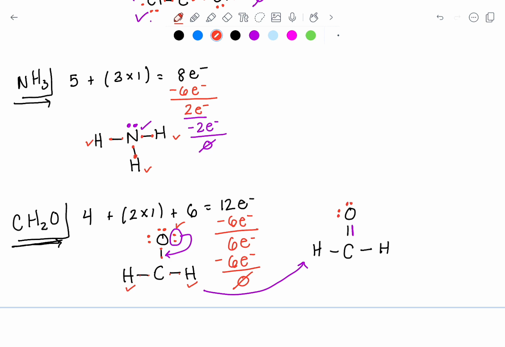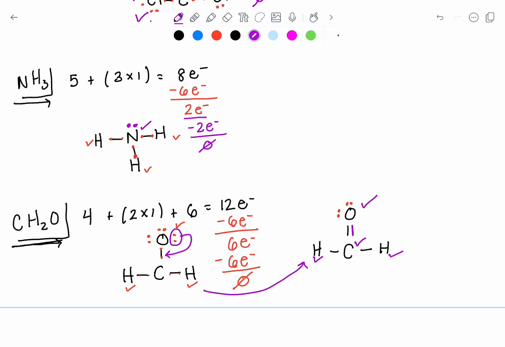Okay, so we made a double bond, and we can now check. We know our hydrogens have their octets. Oxygen now has 2, 4, 6, 8 electrons, so it has its octet. And carbon now has 4 bonds around it, meaning it has its octet. So by moving one pair of electrons, we are creating a double bond, and that's completing our octet for